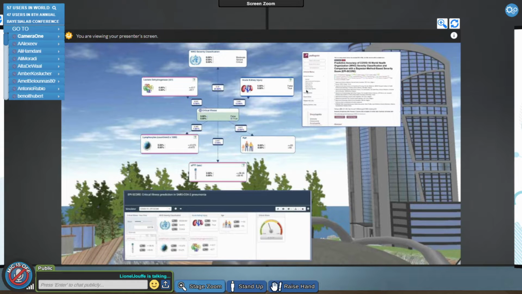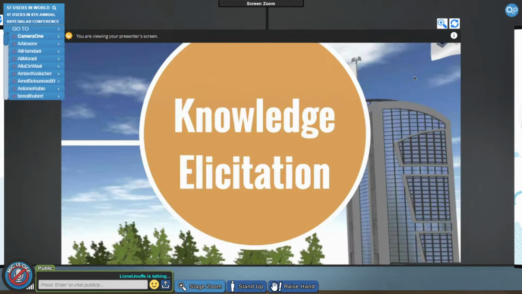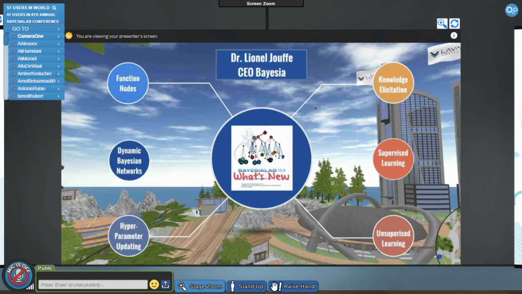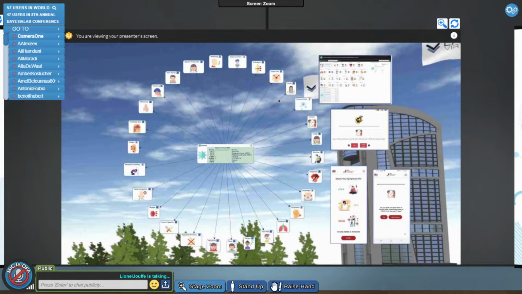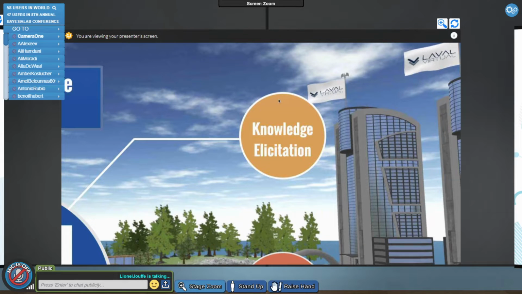Then I have another one for knowledge elicitation, which was the very beginning of our work in the COVID-19 environment. Well, it seems the Prezi is not reacting as expected. Okay, come on. Bear with me because it seems it's super slow. So this is the very first network we did at the very beginning of the lockdown, and I'm going to talk about that during my third example.